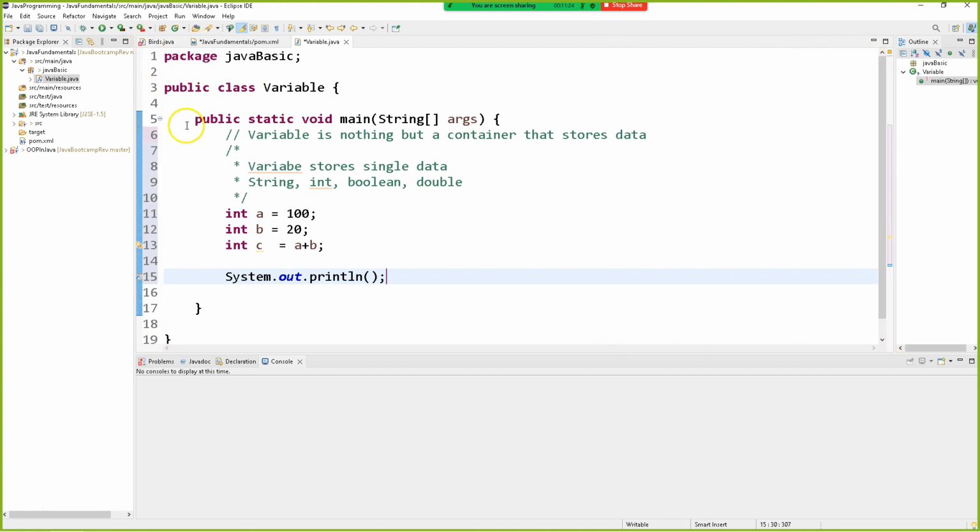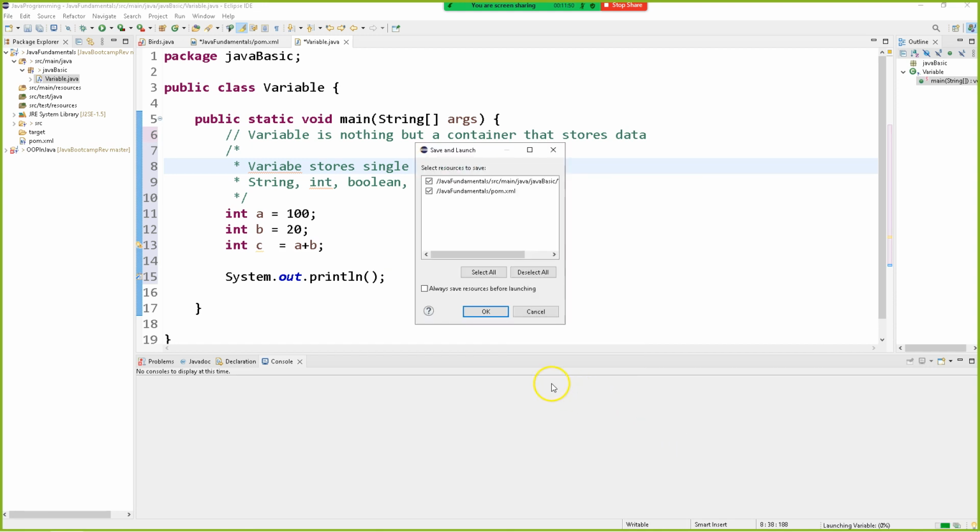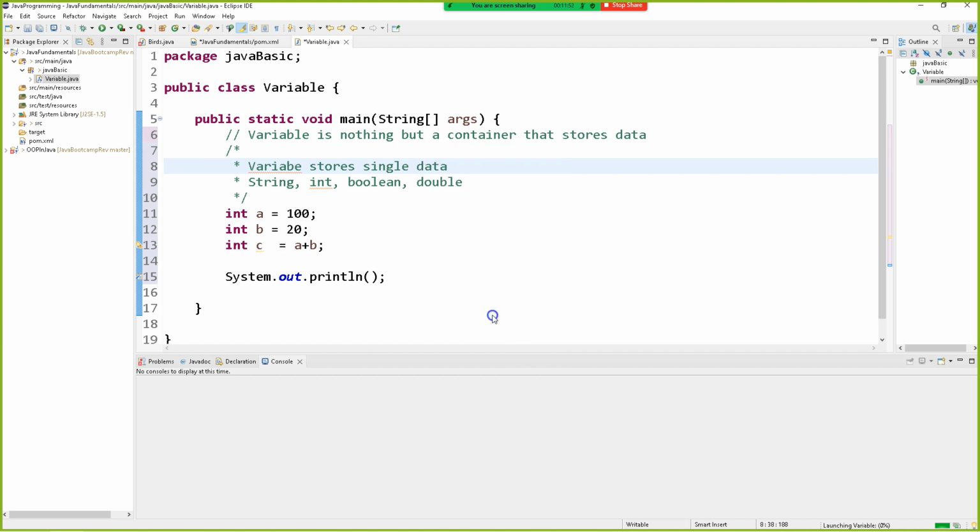This is the console area where we can see our output, and this is the canvas area where we can type our program or code and execute it. And this is the package explorer. We call it also the project explorer. Now if I right click anywhere inside the canvas, then run as Java application, then click on OK,